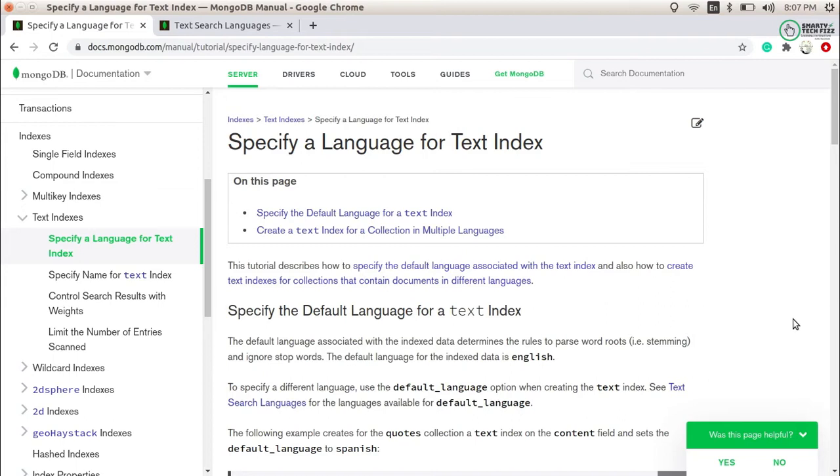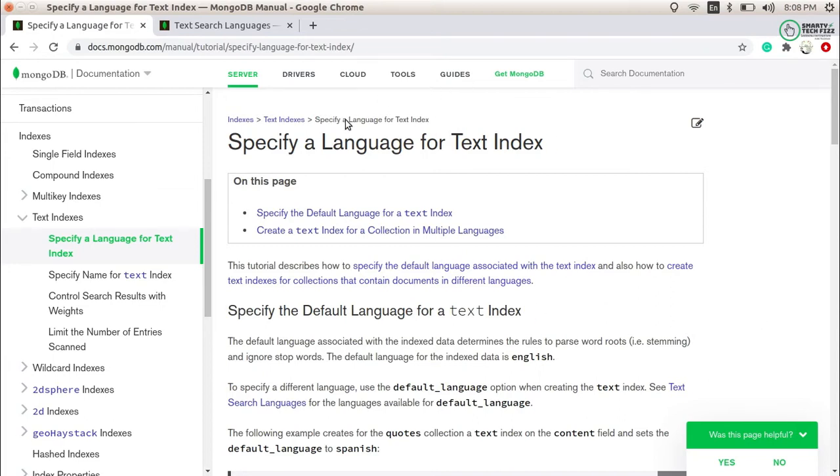But if you have different types of languages like Spanish, French or Dutch, how will the text index be able to know you are using this language? Because it cannot automatically detect the languages, it has provided us a different way to let it know that you are using this particular type of language.